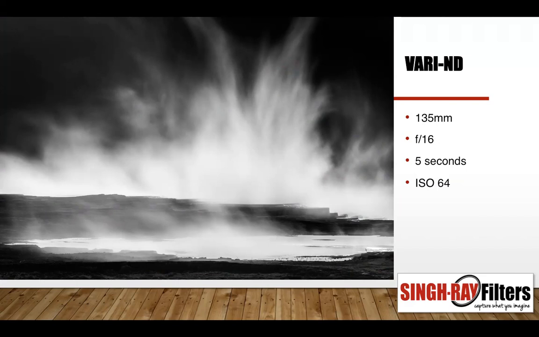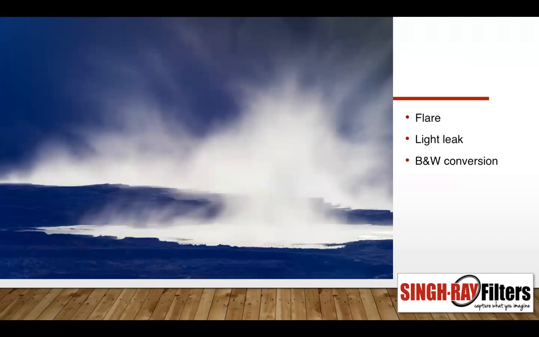And I wanted to show this next photograph. This is one of the several photographs I took during that particular shoot. And if you look at the items on the right side, number one is flare. That's something you have to be very careful of. With the longer exposures, flare tends to build up or sometimes even look worse. But if you look at the top here, there's a little circle. That's because of the sun hitting the front element. And of course, all this weird color that I'm getting is also because of that sun hitting the front element.